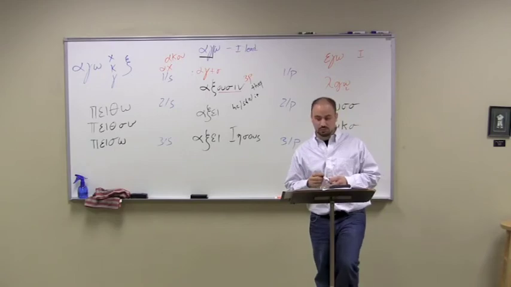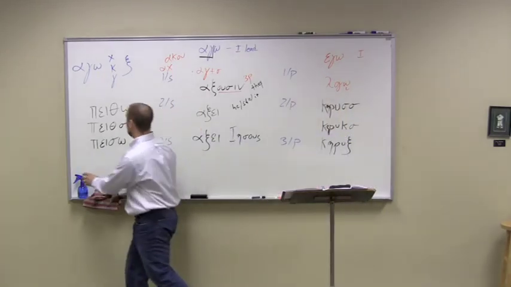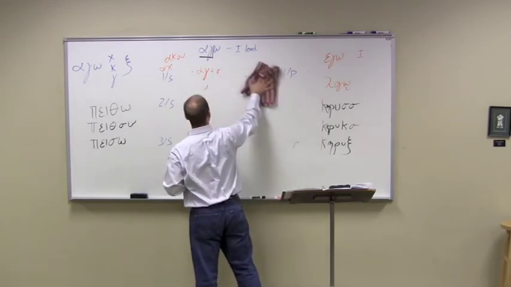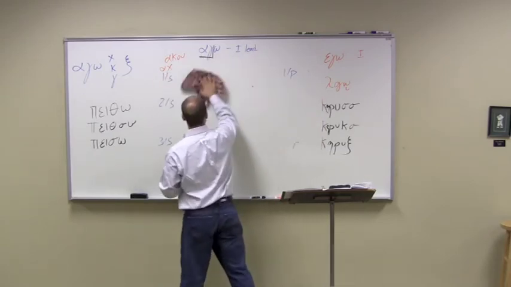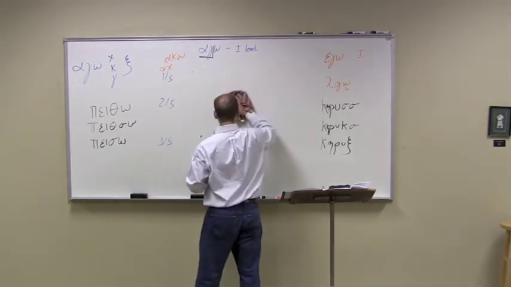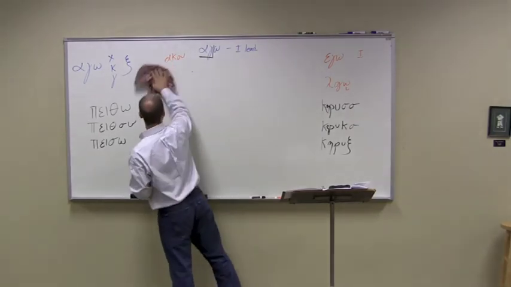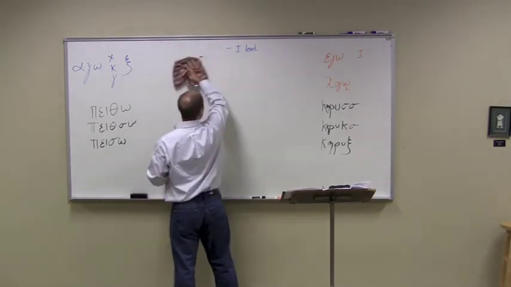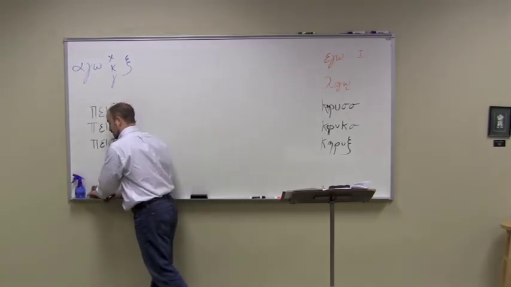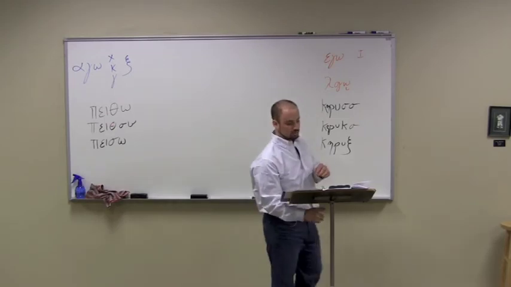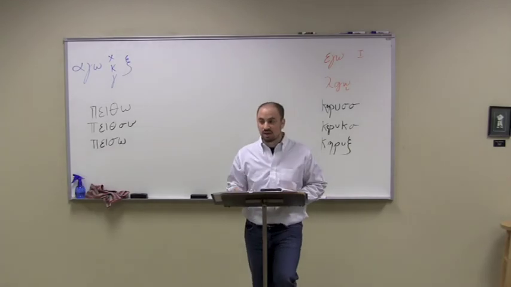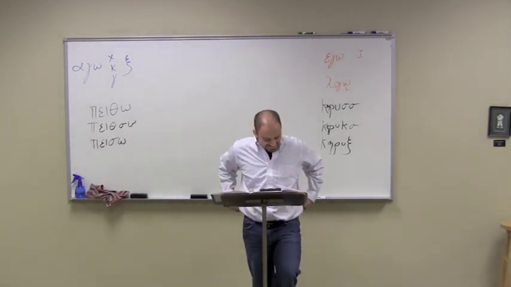We may have to slow down next week because of the AME. I didn't do a very good job of managing the time tonight, but AME is your to be verb, and I wrote it down at the bottom very quickly. Your first singular is AME. Your second singular is A. Your third singular is Esten. Your first plural is Esmen. Your second plural is Este. And your third plural is Asen.